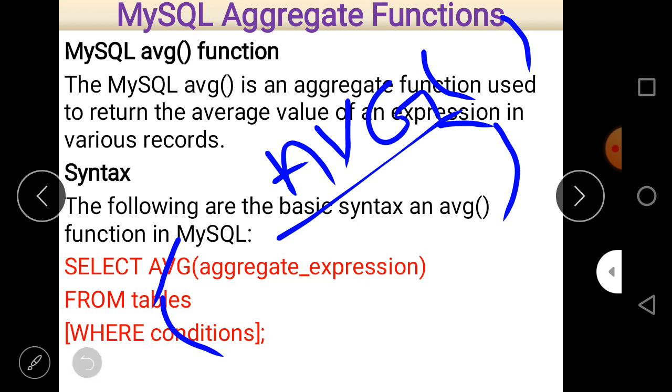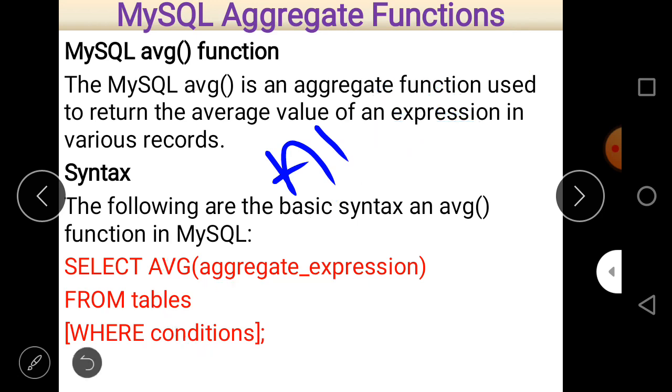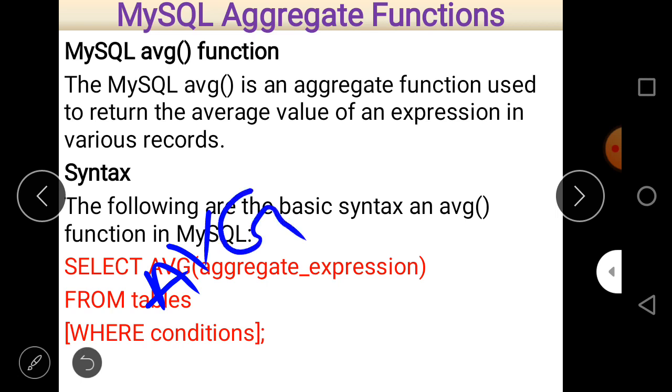For example, if I want to calculate the average of 1, 2, 3, then you just write AVG and write 1 comma 2 comma 3. Now here is again a question: 1, 2, 3 belong to which table?